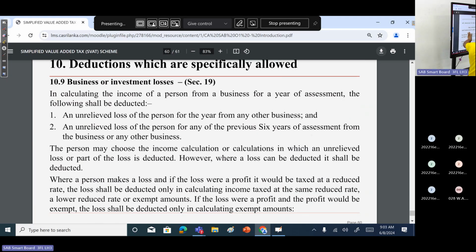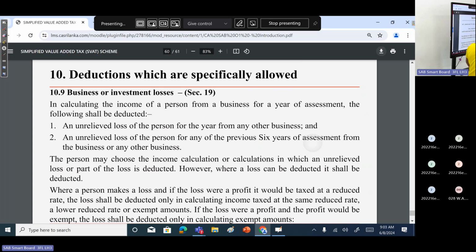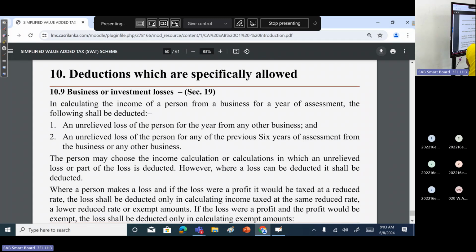So then losses. In calculating income of a person from a business for a year of assessment, the following shall be deducted: an unrelieved loss of a person for the year from any other business. So if a particular business has a loss, then there won't be assessable income. If there is any other business, then the loss incurred by that person from any other business can also be deducted from a business. Remember,